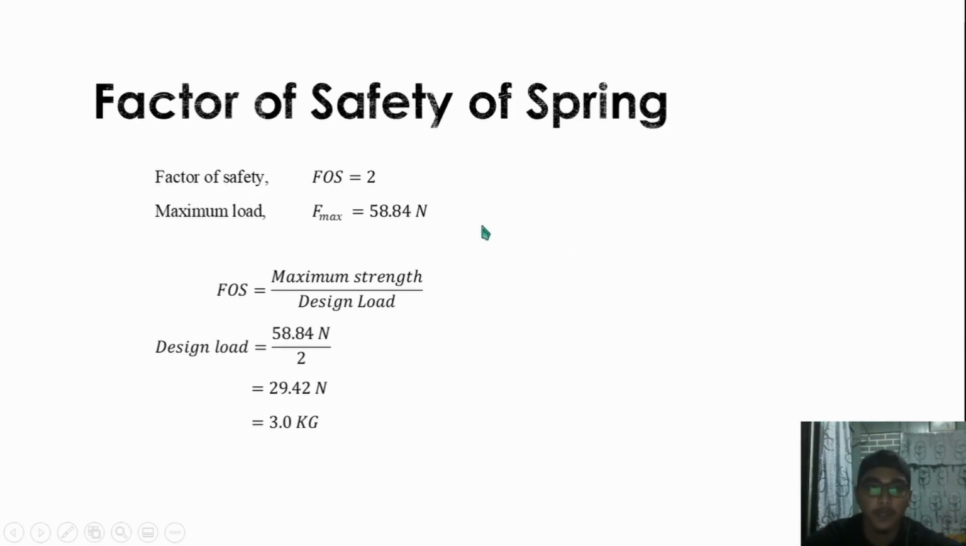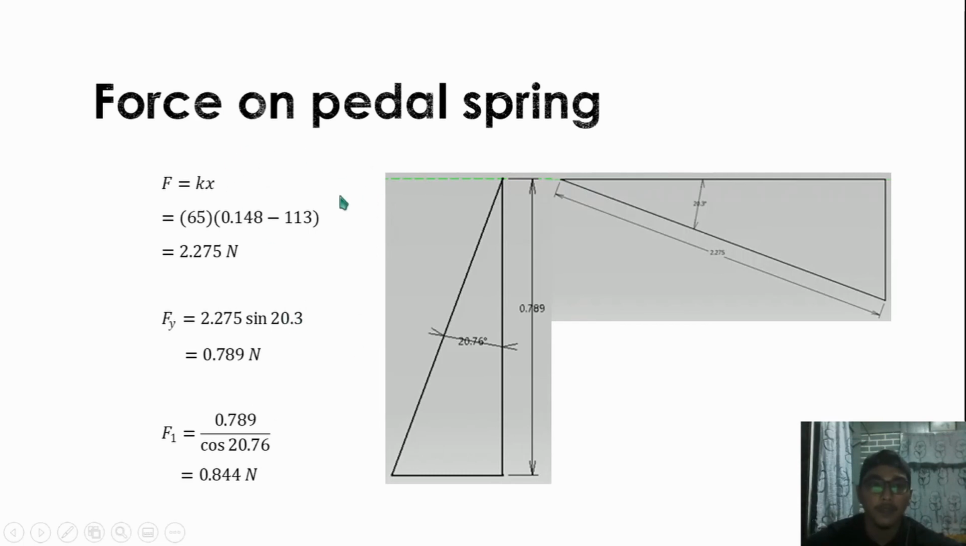Factor of safety of spring. The safety factor of the spring we use is 2 and the maximum load is 58.84 Newton. To get the design load, we divide the maximum strength by 2 and we get 29.42 Newton, which is approximately 3 kg. Force on pedal spring: we use the formula F equal to Kx, where K is spring constant and x is length, final minus initial length. And we get the force